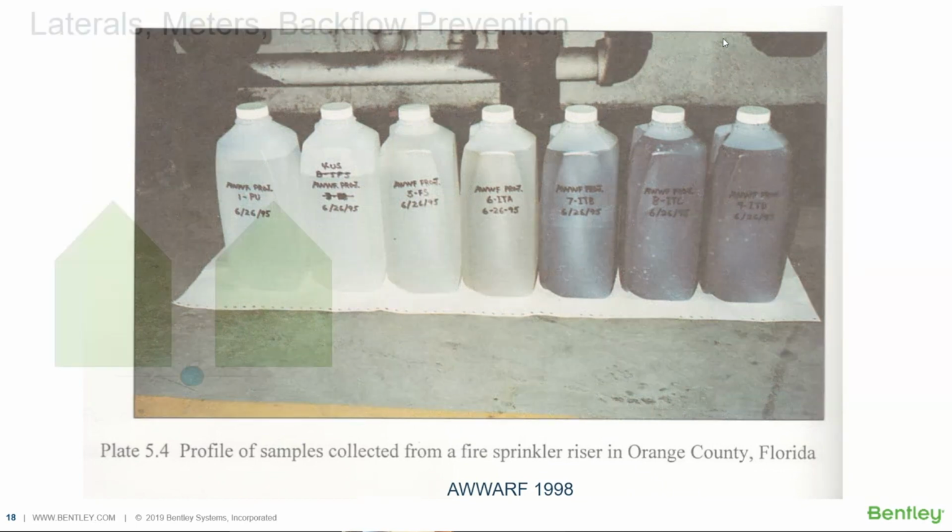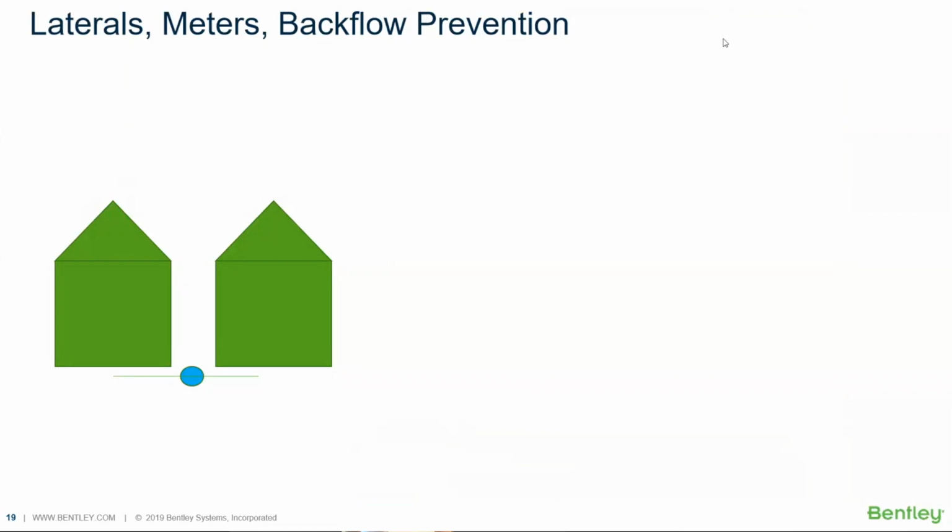Now we're going to move out of the building and look at some of the other considerations. How big is the lateral that takes the water from the water main in the street to the house? Is that really an important consideration? Well, I have a son who lives in South Philadelphia, and in the street he lives on, you can basically stand in the middle of the street, reach your arms out in 2 directions, and touch the houses. There are such narrow streets, so the laterals aren't really all that important.